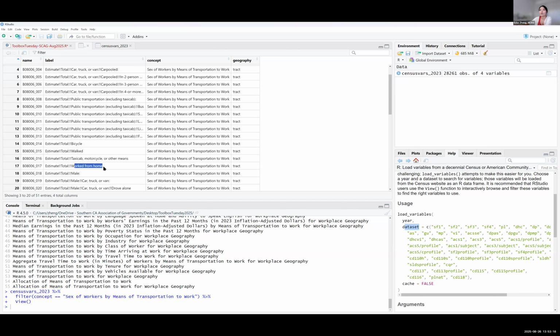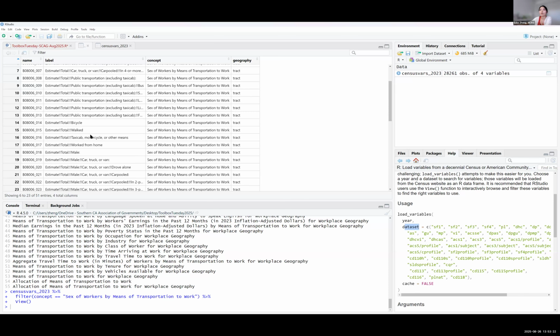This gives you the total workers that work from home. So we won't be looking at other commute modes, and we're not looking at this variable by gender. So we'll just look at this 017 variable. So back here.